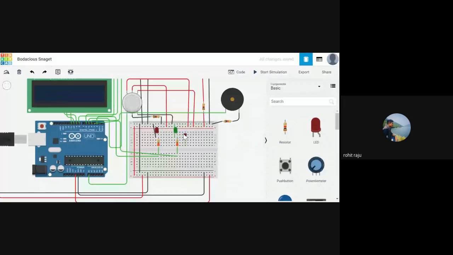No, no. As I've shown before, I'm done assembling the circuit. If you find any difficulty until here, you can ask me in the chat box.